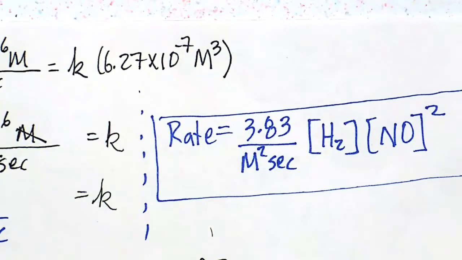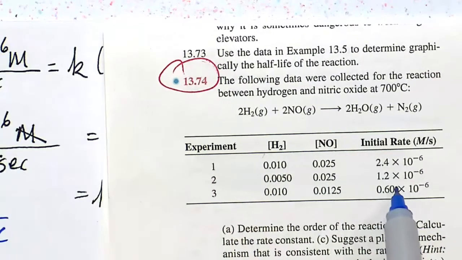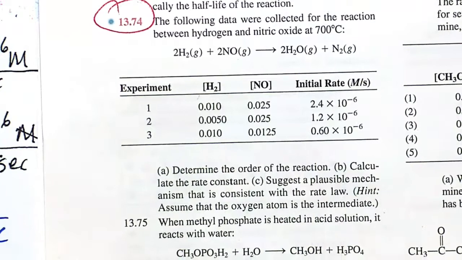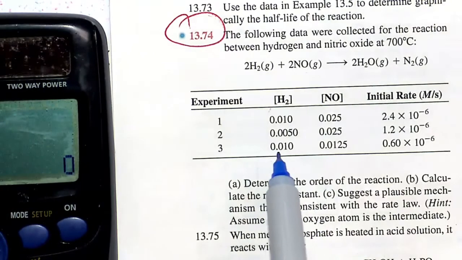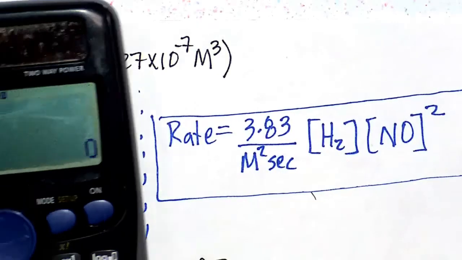We can test this, sort of a validation. Let's take experiment 2 values and see if we get the same rate. Or we can take experiment 3 values and see if we get the same rate. So let's just do experiment 2 conditions. Experiment 2, 0.005 raised to the power of 1